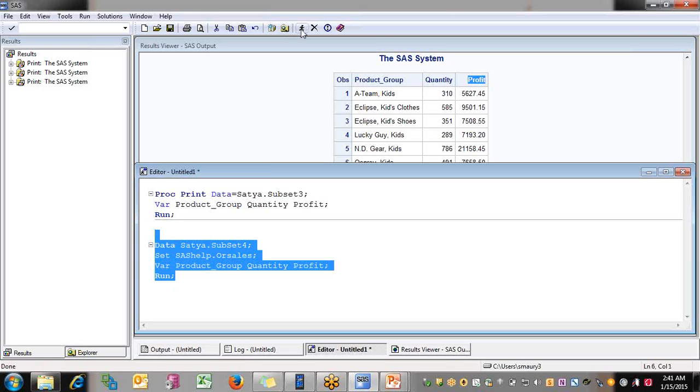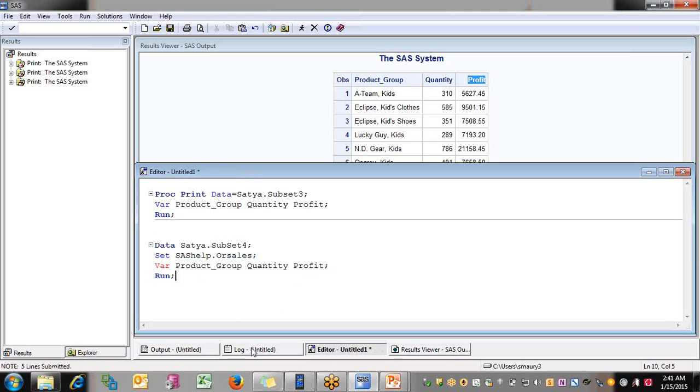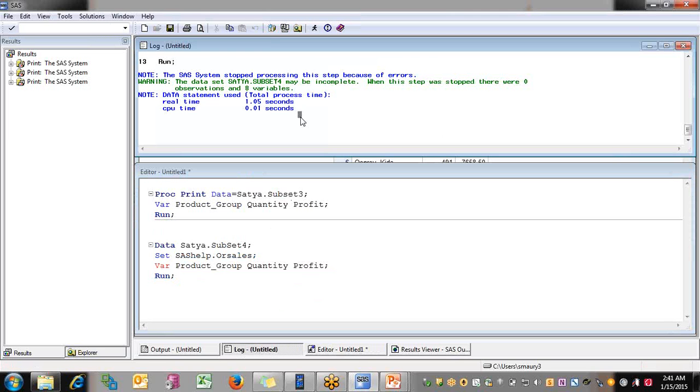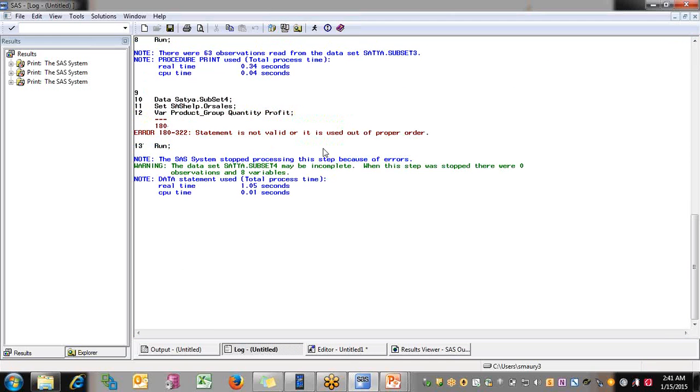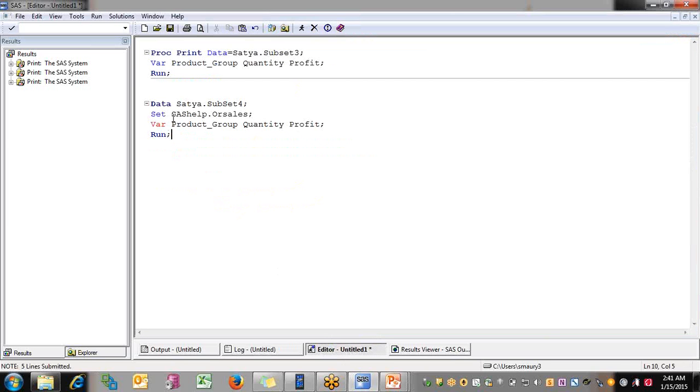So how to overcome this challenge which I really want to do but SAS is not permitting me to do? You can go back to the log window and you will see, first of all, that the statement is not valid or it is used out of proper order, meaning something is wrong in this statement here. So you might have a gist of what exactly I wanted to do, right? I wanted to pass only three variables into the subset 4 dataset,